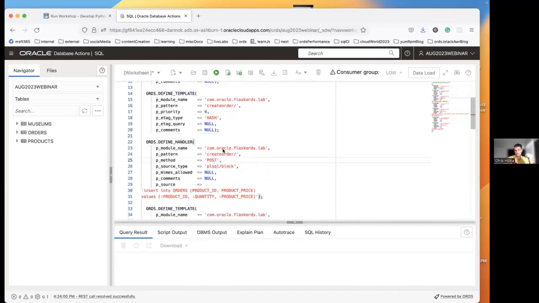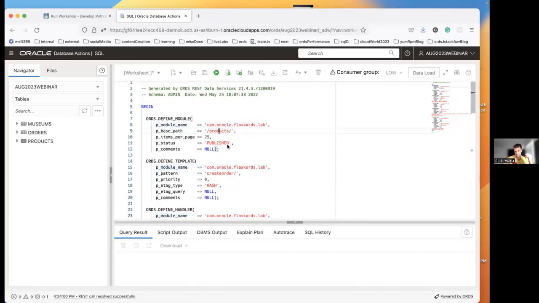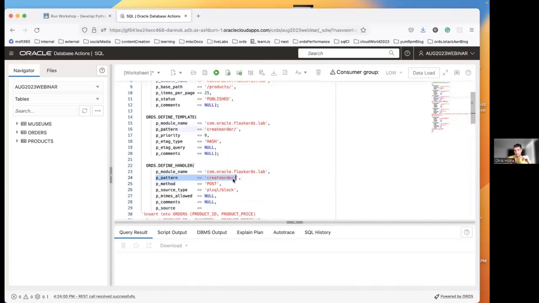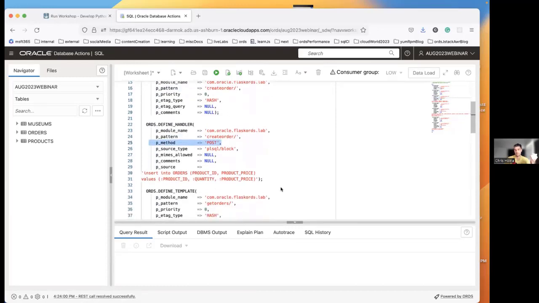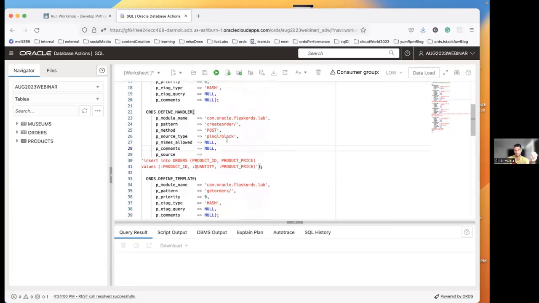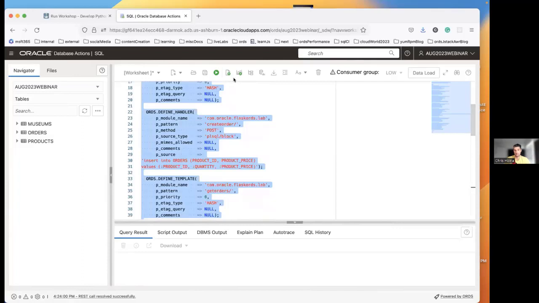And the way you can tell that is because if you look, that's our module, which is up here. This is our pattern. The pattern and the template go together. Do you see that? And then the method, this is a post. So this handler is a post method. And then here's the logic that goes along with that post request. Okay, so if you're here, just highlight all, and then you're just going to run the script, and you'll see